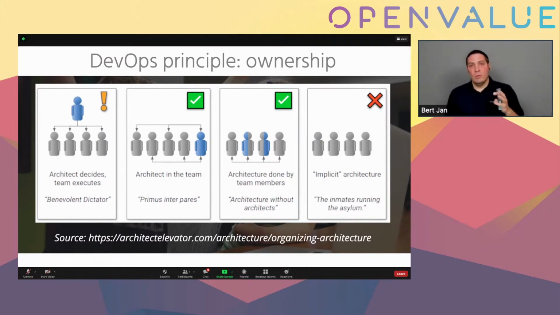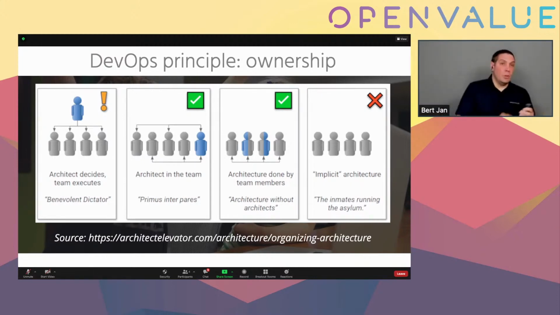So you see 2 green check marks. And the point with these 2 green check marks is that there's arrows both ways. So there are feedback loops between the team and the architect, or architecture is even done by team members. And this is fine, because then there's fewer dependencies outside the team. You can quickly make changes to your evolving architecture. If there's no architecture, then it's going to be chaos. It might work for small projects, but for any reasonably sized projects, it won't work at all.